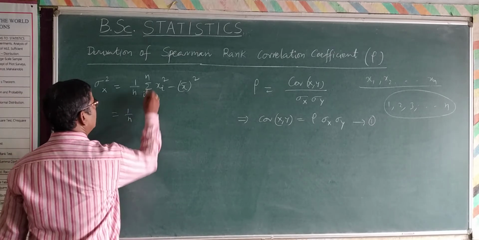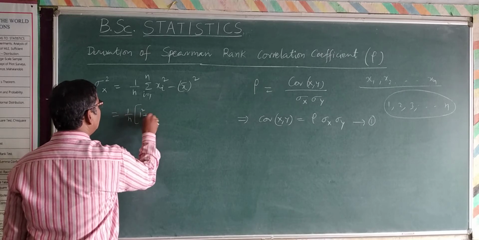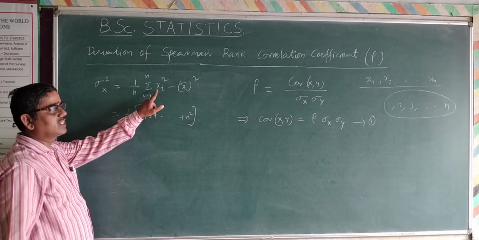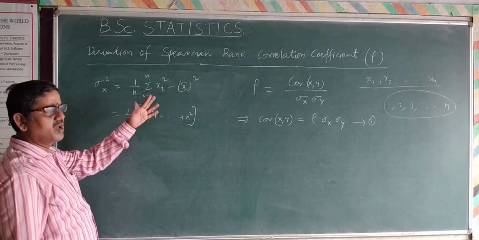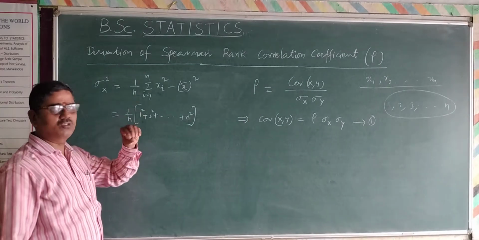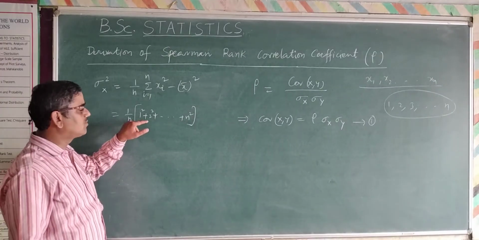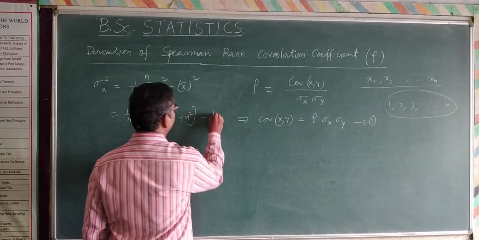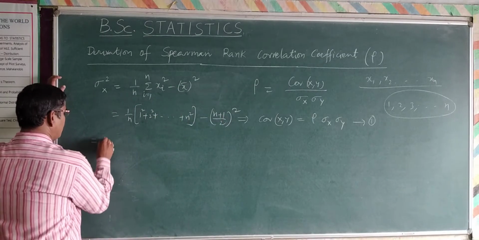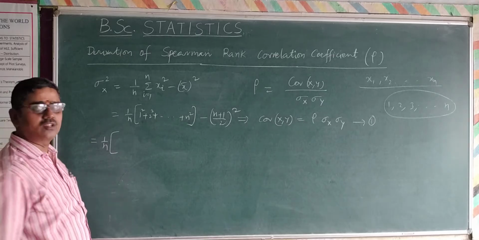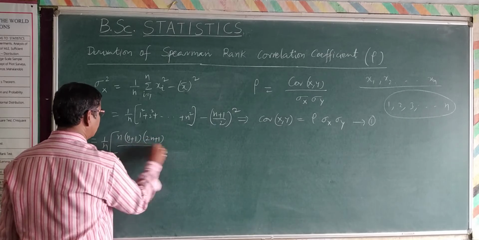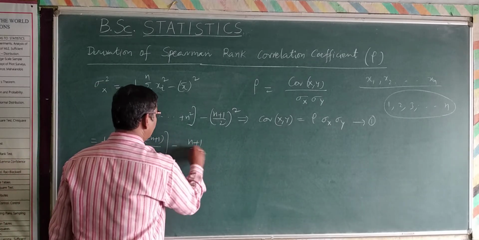So summation xi square is nothing but 1 square plus 2 square plus and so on plus n square. This is what the summation xi square is: x1 square, maybe 1 square, x2 square maybe 3 square, and so on, and xn square, some value. So all the values x1, x2, xn are 1 and so on n. So 1 square, 2 square and so on n square, sum, minus x bar, n plus 1 by 2, whole square. So it is equivalent to 1 by n into sum of the squares of the first n natural numbers, n into n plus 1 into 2n plus 1 divided by 6, minus n plus 1 divided by 2 whole square.